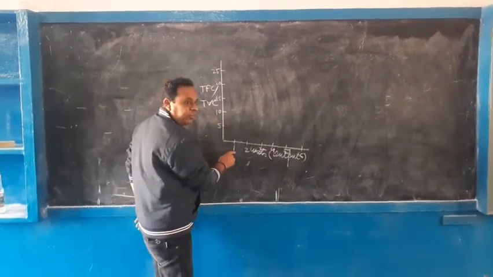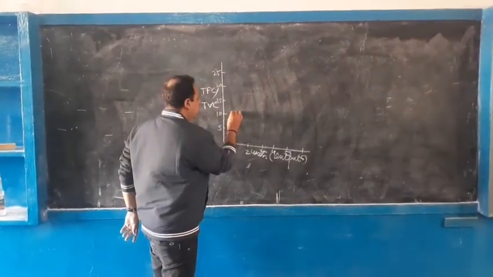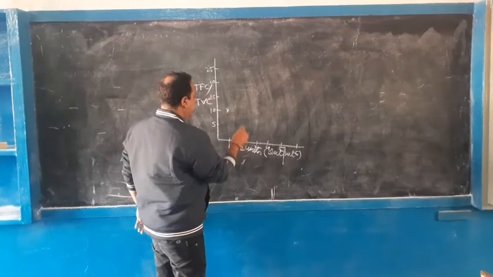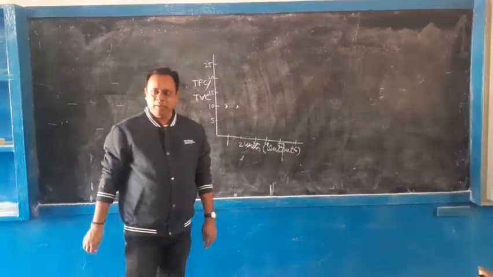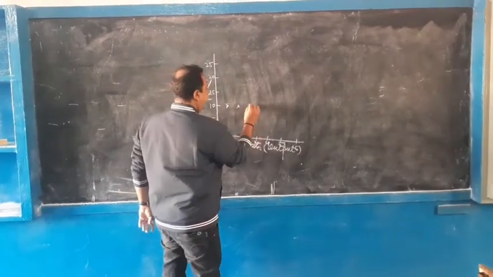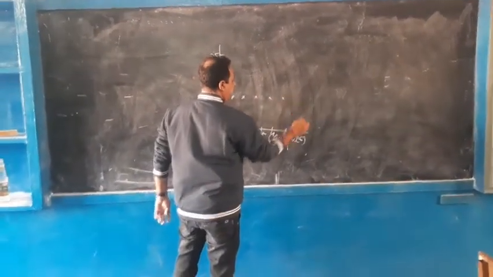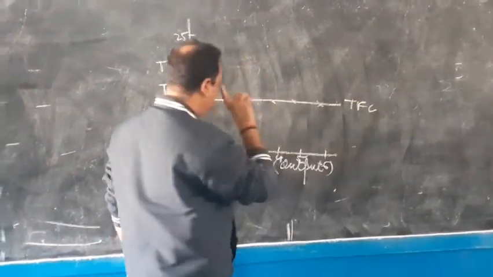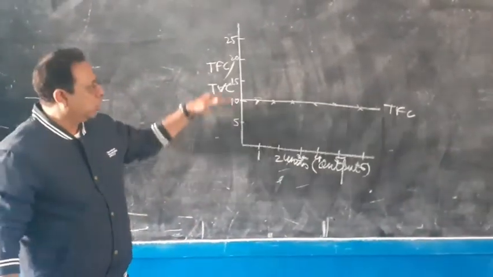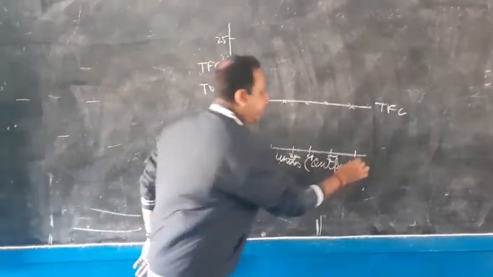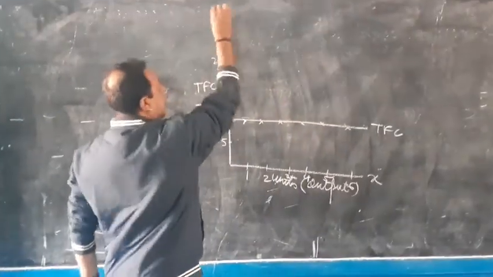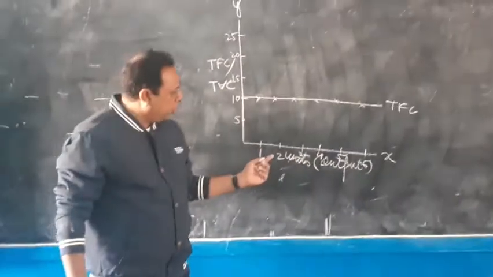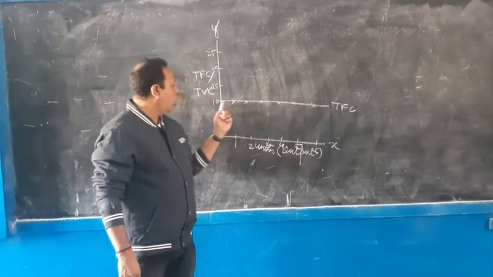Now, for example, when we produced the first unit, our fixed cost was rupees 10. Definitely, when we are producing the second unit, since it is fixed cost, the cost will be 10. Similarly for the third unit, fourth unit, fifth unit, and sixth unit. So our TFC, total fixed cost, will be constant or parallel to the x-axis. Understood? It will be constant and parallel to the x-axis, because for production of different units, the cost doesn't change.